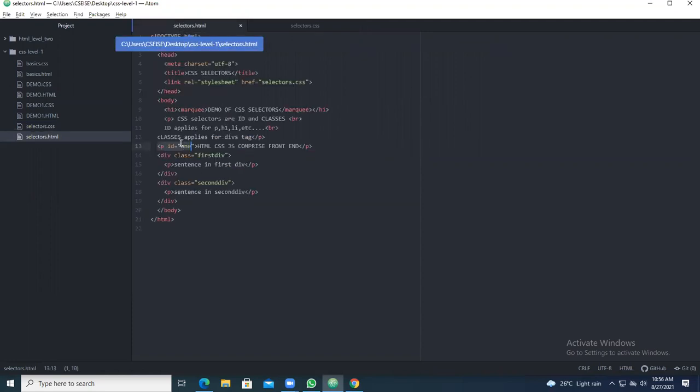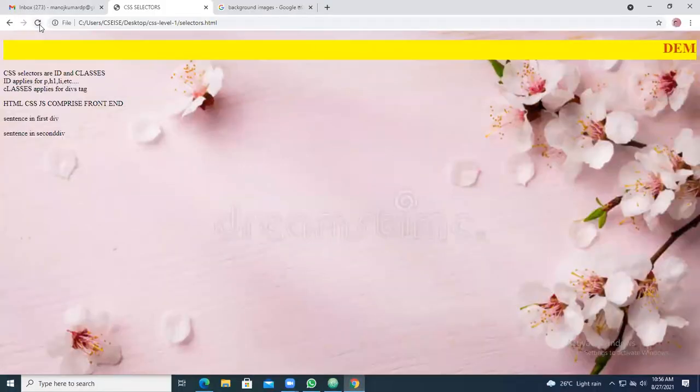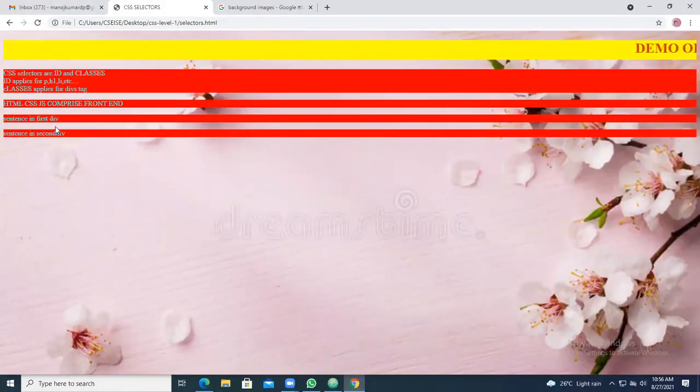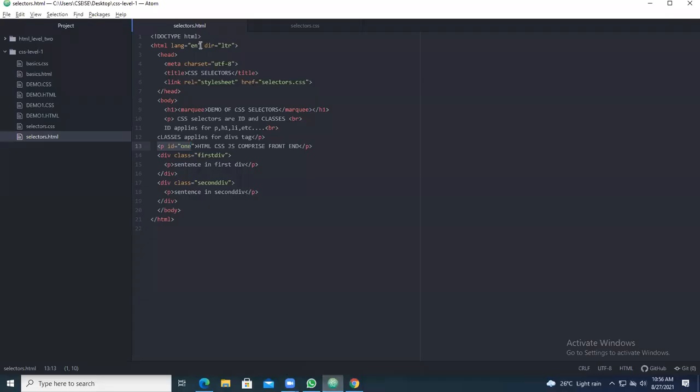What is there inside P? HTML, CSS, that content. Let's see what happens. The entire P contents here, you see, everything is comprised of P. Understanding? That means for everything the background is this. Each and every statement you are having in the P tag has been taken, this one also, and this one also. Now we shall see what happens if I give an ID.